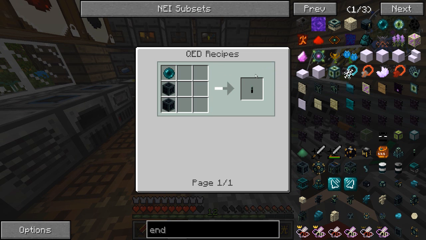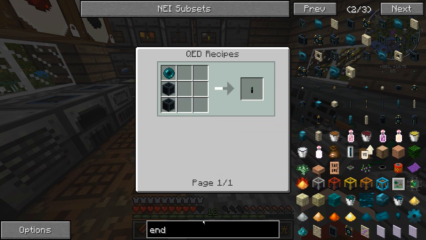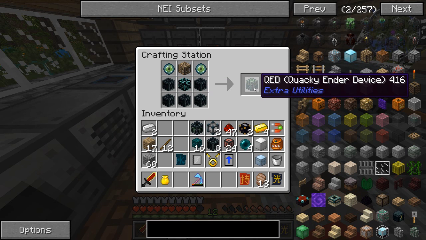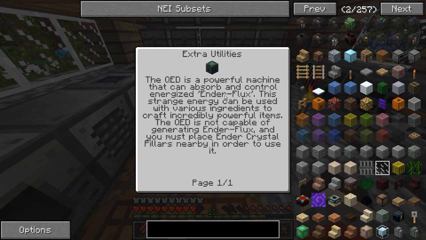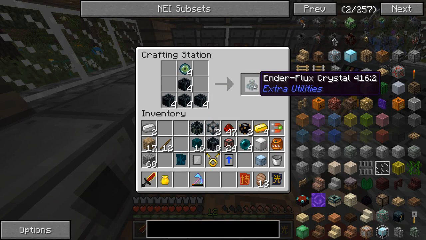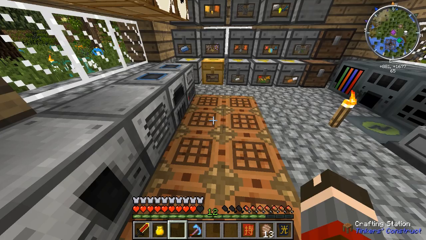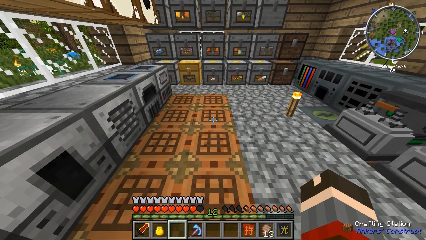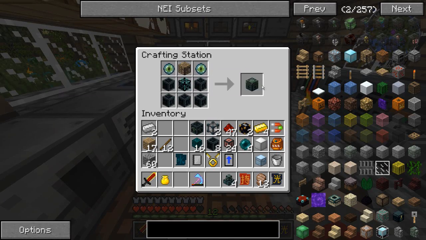what is this? And then QED, I started looking around, and sure enough, we have the QED. I've already got them ready here, guys. So, the QED is pretty much a machine that uses its own type of energy source, ender flux, created by the ender flux crystals, transferring redstone flux into ender flux. Now, there is no way of storing this energy, so it is just a process you have to do. The more crystals you have, the quicker the process will be. I've gotten enough for 4 crystals here, so they're pretty easy to make,